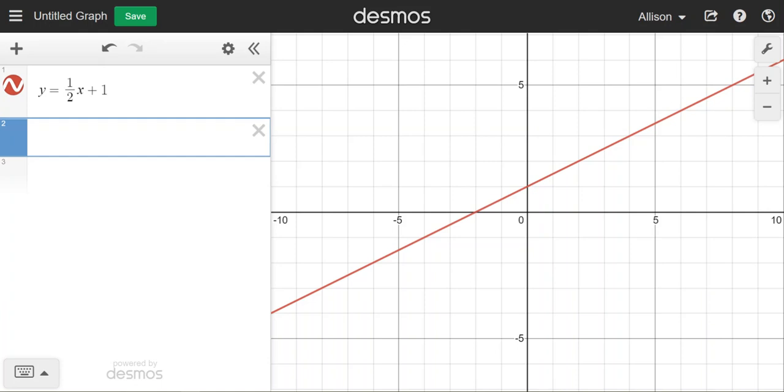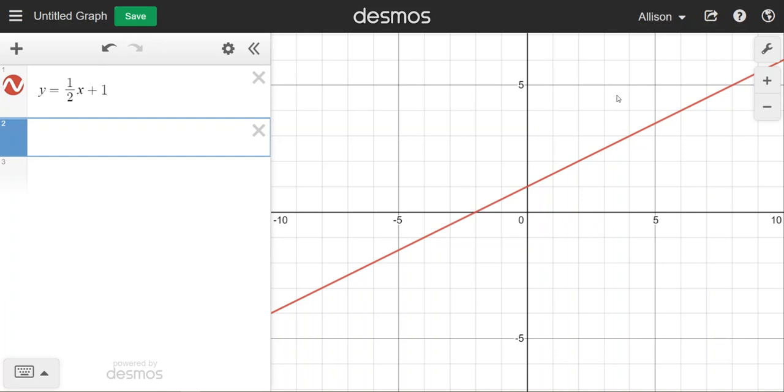In this example, we're going to look at how to rescale Desmos and how to move the graph so that you can see a particular window. So if, for example, your graph or your situation equation wants you to focus on quadrant one, which is considered to be in the upper right quadrant over here,